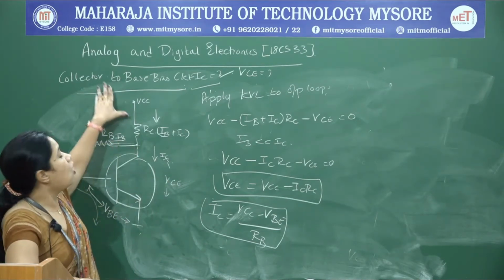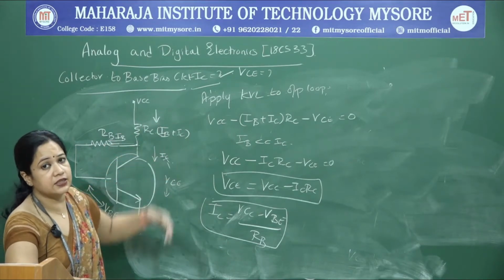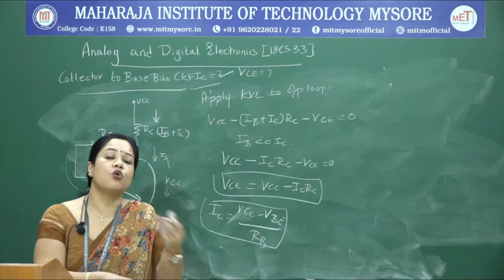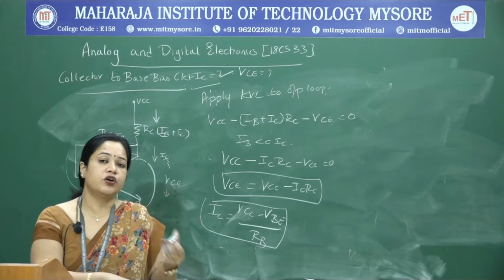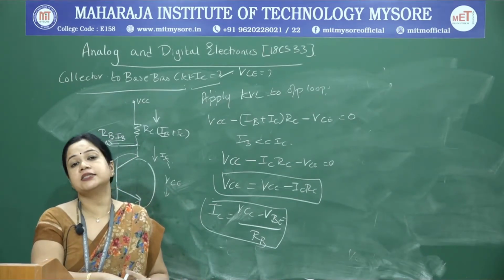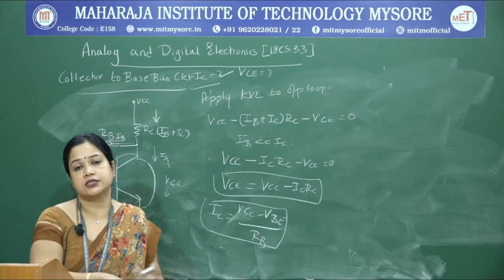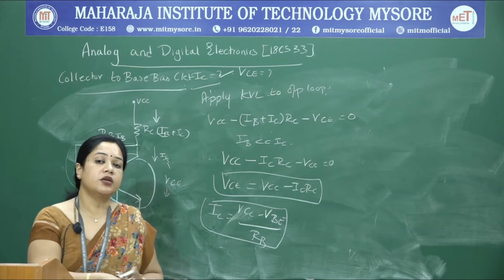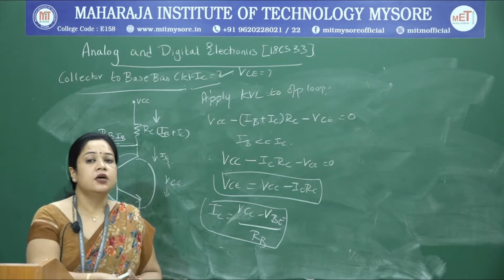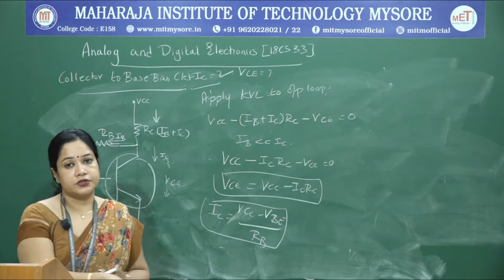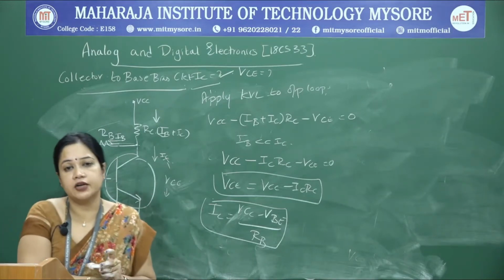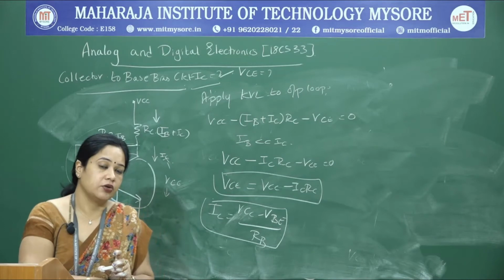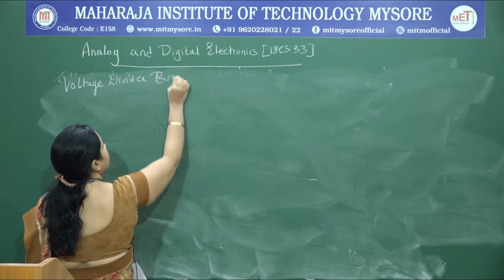With this we will move on to the next biasing circuit, which is the voltage divider biasing circuit, which is most popularly used. For all your applications which demand greater stability against variation in transistor gain and temperature, we go with what is called voltage divider bias because of the stability it offers. So we will take up what a voltage divider bias circuit is and how to analyze it. So next we have is a voltage divider bias circuit.